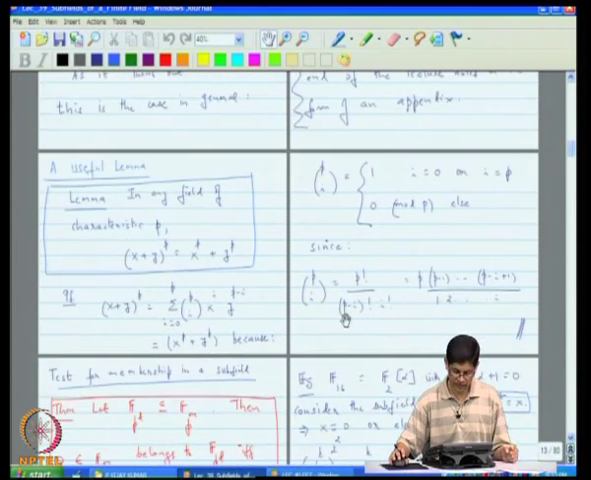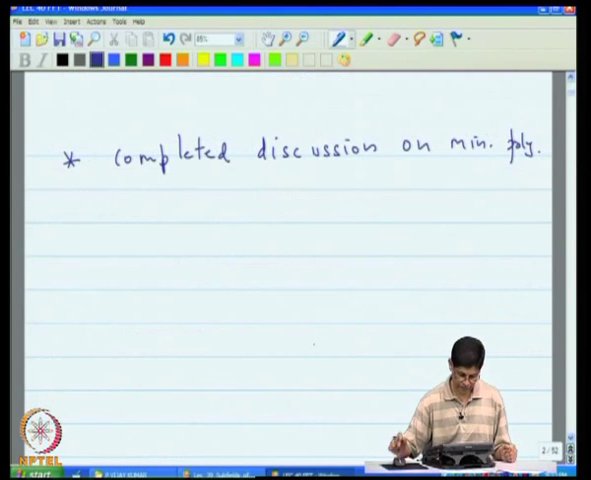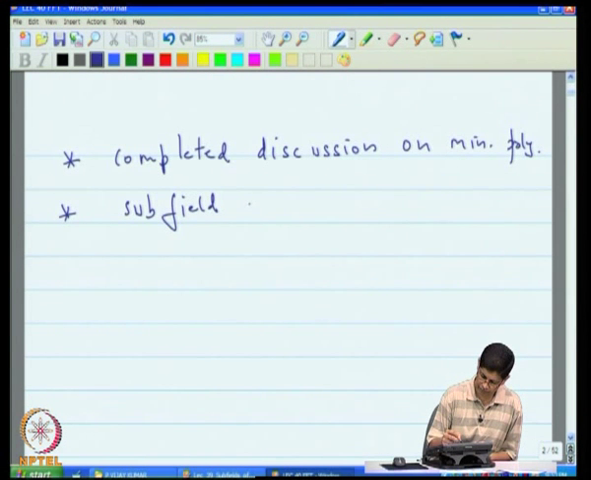And the other thing that we did, as an aside, was discuss a useful lemma which says that if you take x plus y and raise it to the pth power, you get x to the p plus y to the p. Okay. So, let me say subfield structure, then we did this lemma,